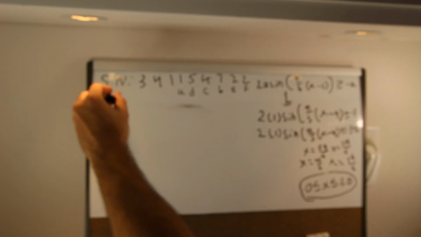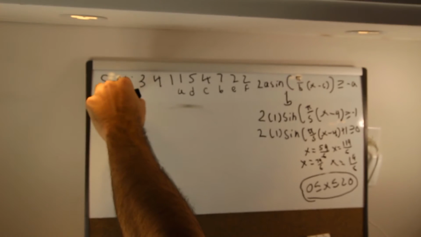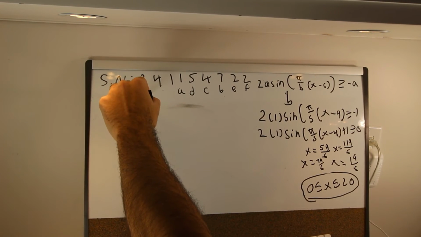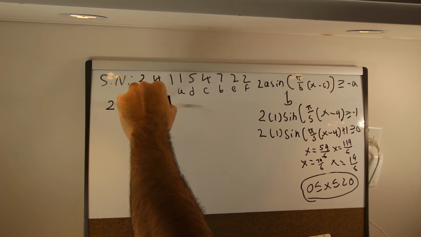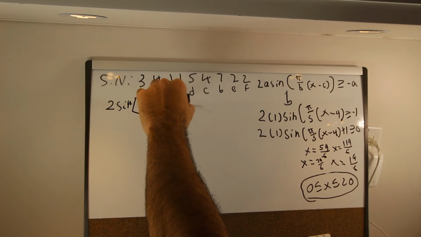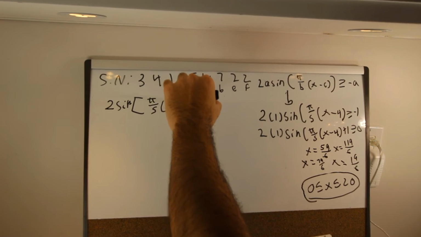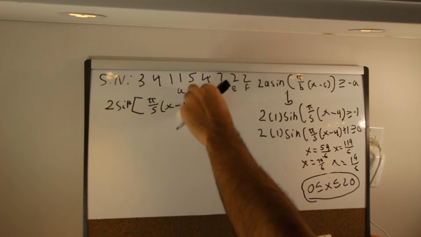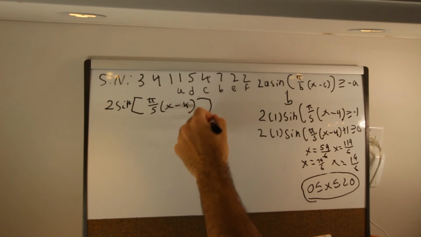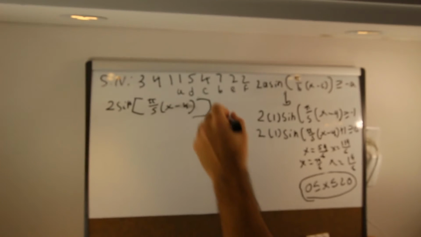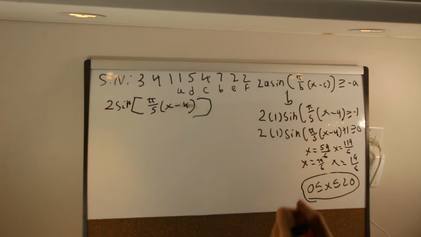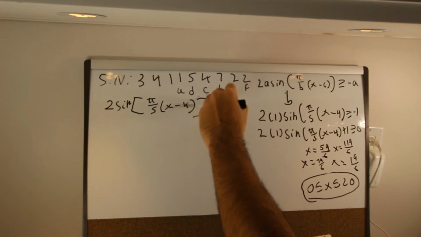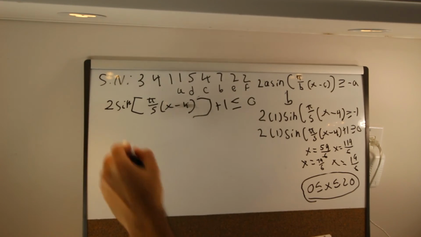So what we're going to do is, of course, use the equation 2 sine bracket pi over 5 bracket x minus 4 bracket, and then bigger bracket, plus 1, greater than or equal to 0. So now we draw our number line,